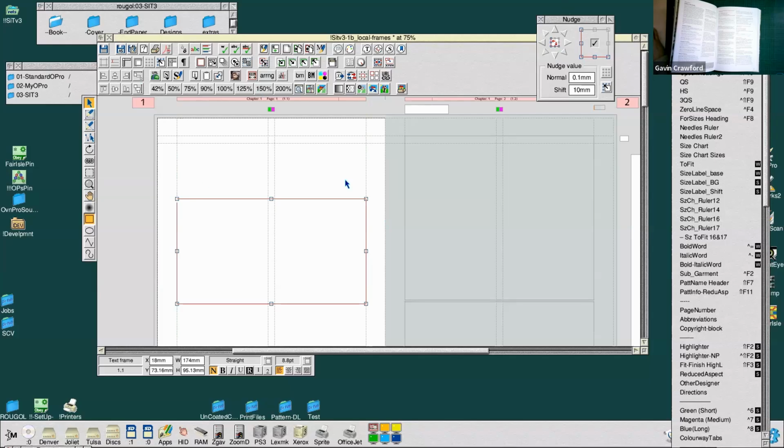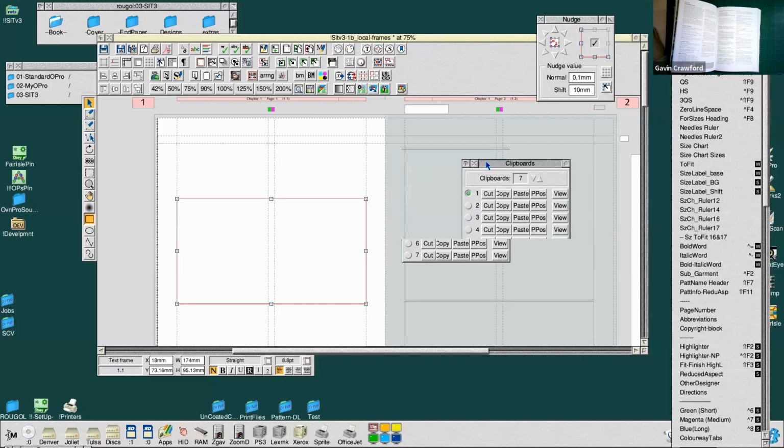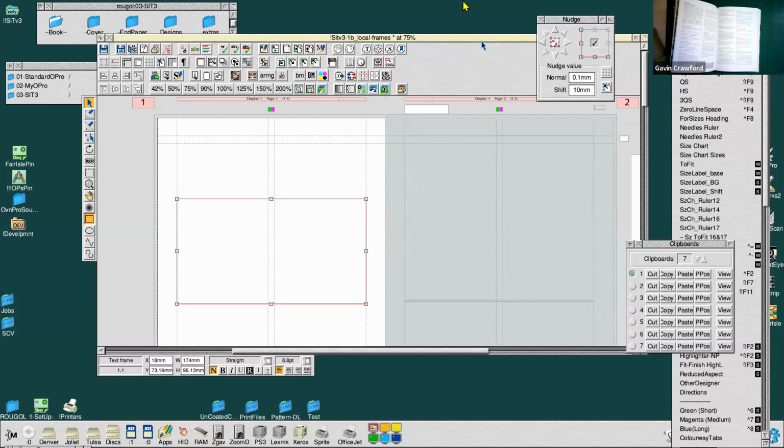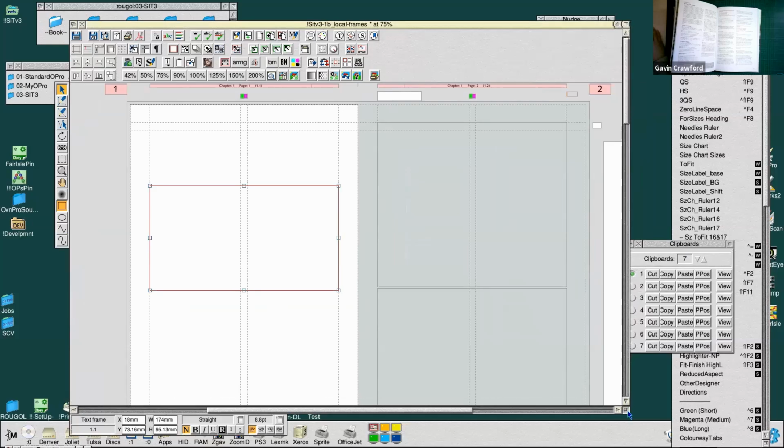There's other features for laying out that are very useful. There's one here that's not one of mine. This is somebody else's, although I have actually customized this a little bit. There's multiple clipboards in Ovation Pro. So again, what I tend to use a lot is once I've got my layout and